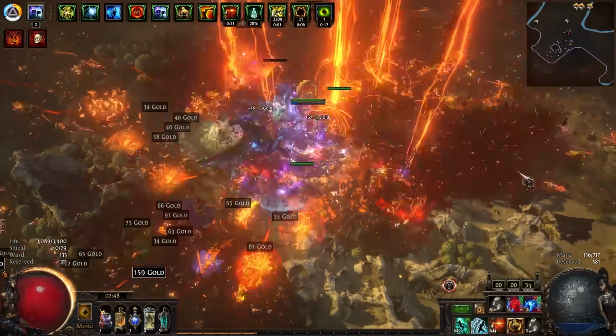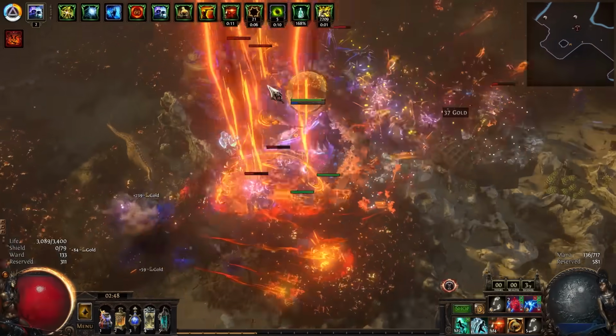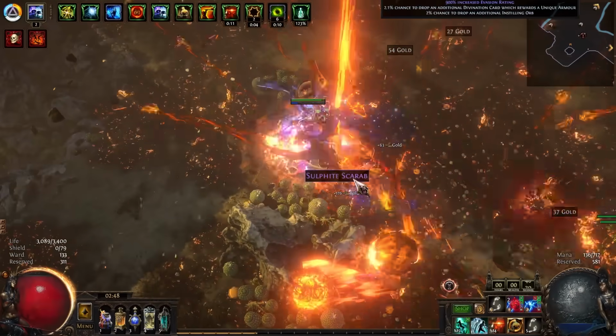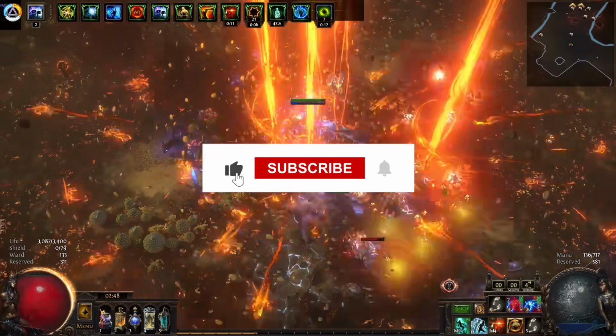It's relatively cheap for a juicy strategy. It's fast, it's got high potential, it's doable by pretty much any build, and it is super simple. Click stuff, kill guys. So let's get into it, but first be sure to like and subscribe